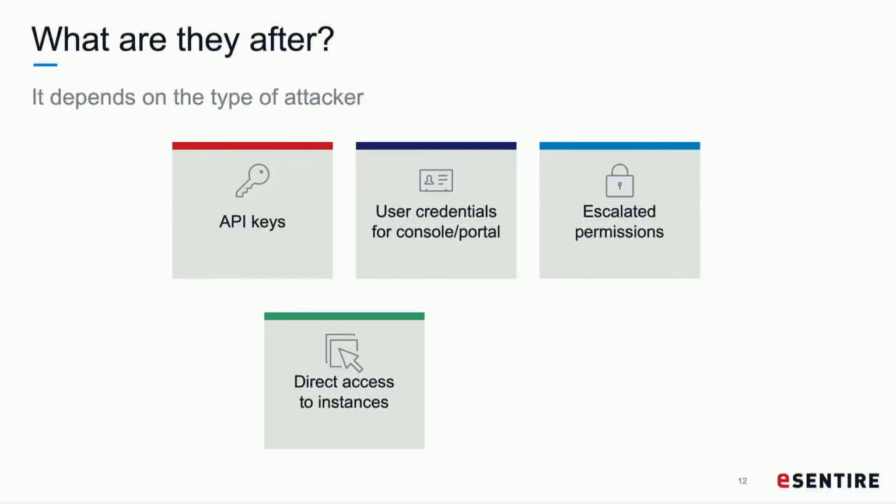There's also direct access to instances. We're going to cover the fact that in traditional hybrid environments, we see some clients forklifting old servers into cloud. If you can get direct access to that instance, you're able to harvest whatever data is on that instance itself. So being able to run code or access private data is key for the bad guys, so they're trying to get direct access to the instance. And then obviously trying to get data out to extort someone or sell it to the highest bidder.